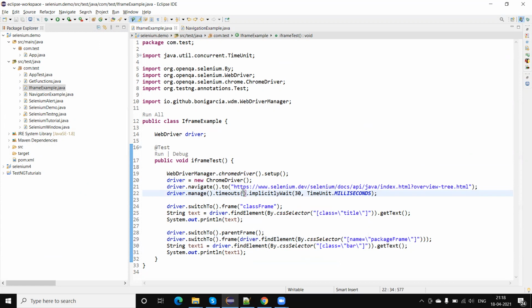And if you want to perform any actions or verification on different elements which are not in the iframe, then we need to switch back to the parent. And if the element is on the parent frame, then we can use the find element. And if we want to switch any particular frame, then again we need to call the driver.switchTo().frame.